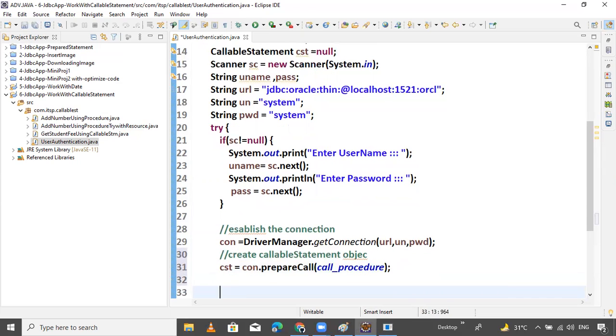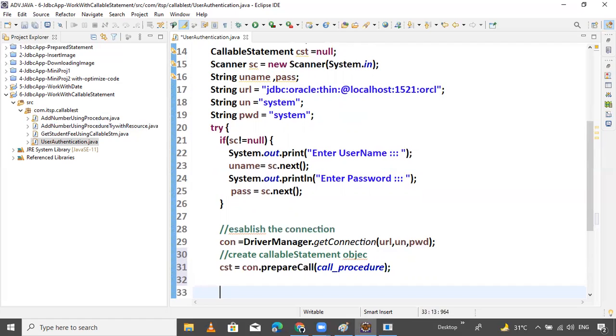Now, first check your callable statement is not equals to null. If it is not equals to null, then you can set the variable. First set, then register the out type parameter.